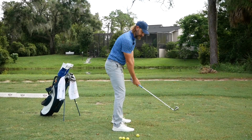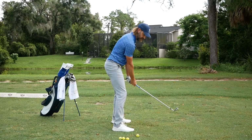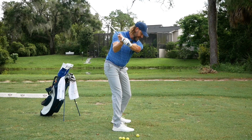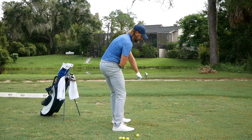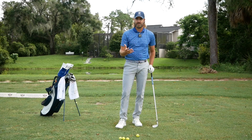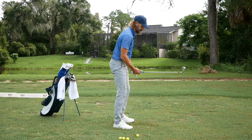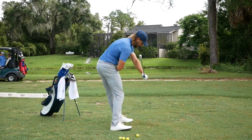So I'm going to go to the top of backswing. There won't be as much room there. I always encourage players to work towards having space between their rib cage and their arms at the top, but from there, with a player that struggles for the space, I would be wanting to create space in the transition. Now if I was to 3D them, it's very unlikely that it would actually be creating that space. So it's important to keep in mind that this is more a feel related to a specific movement pattern. So we're to the top, hand off, guiding the rib cage around, creating a ton of space, and